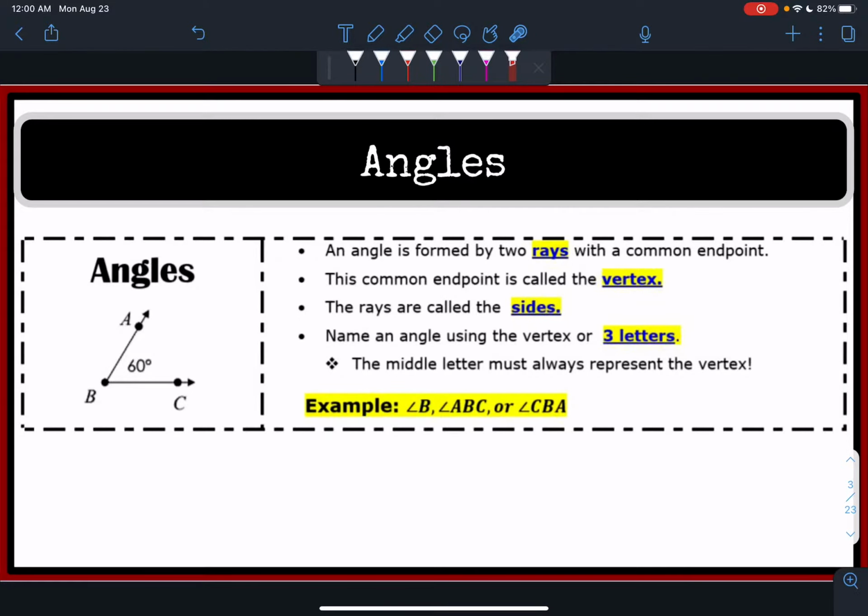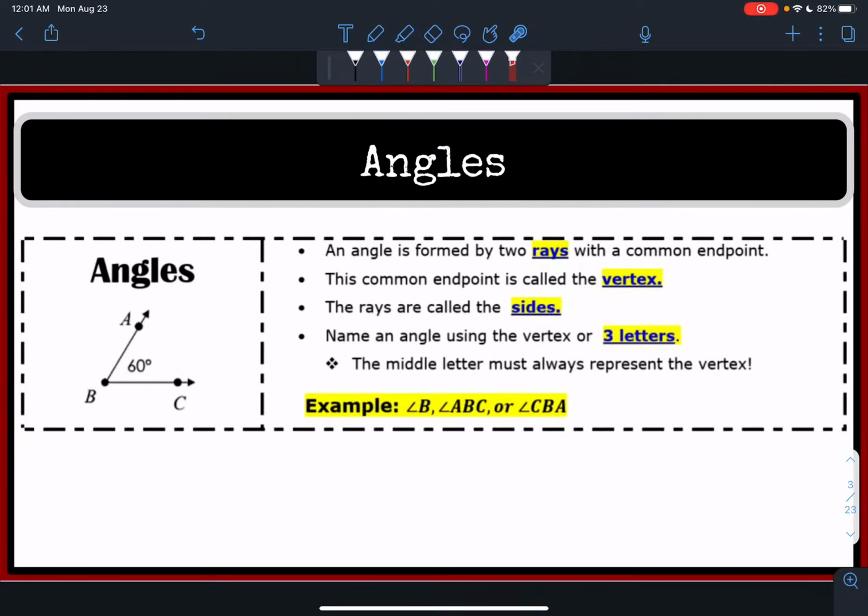So like I said, this center point is referred to as the common point. What we're turning is called the vertex, and an angle is formed by two rays with that common point, that center point. The rays are referred to as the sides of the angle, and the way that we name the angle is using simply the vertex or the three letters, the three dots that create that angle from the center